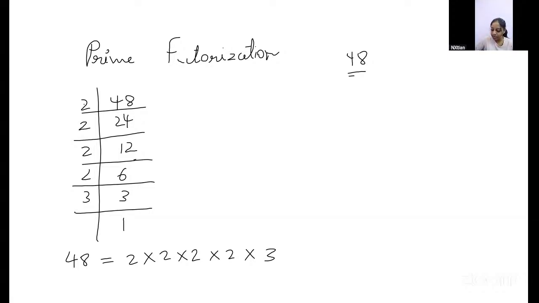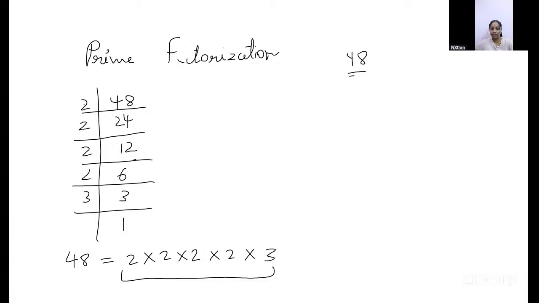But when I say HCF, that is highest common factor, usually two numbers are given, or even one number is given, and you have to find out the highest factor. Mostly two are given, so you have to calculate the highest common factor that is common in both the numbers. For example,